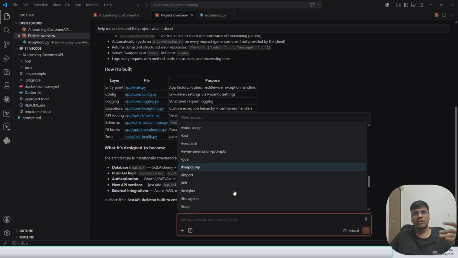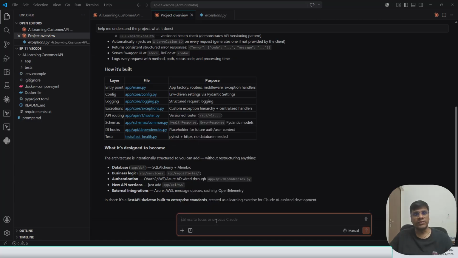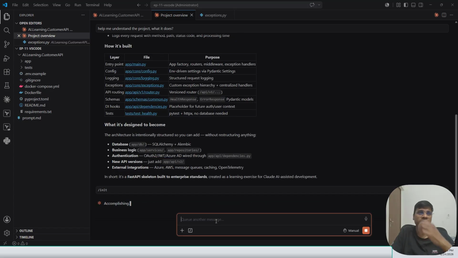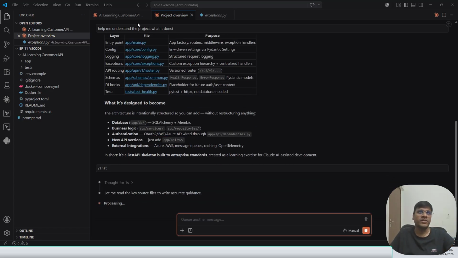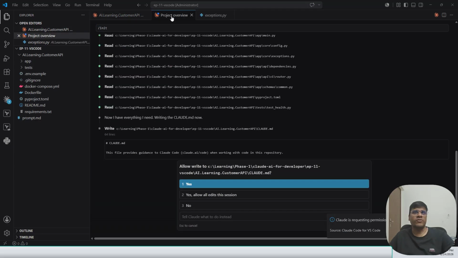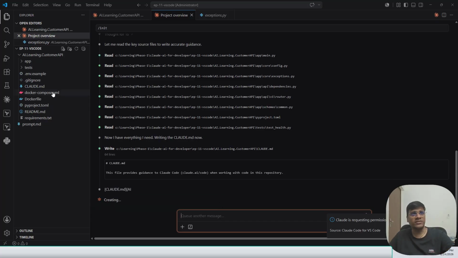Fast, feedback, import, initialize command. I have not initialized this project. I can initialize it. I can write my own commands as well. So the way we have seen that, I can simply say init, and that will initialize the Claude project. And at the same time, in a different session, I can say I want to create a custom command. So it's going to create, and while it is creating the Claude.md file, initializing the Claude project,